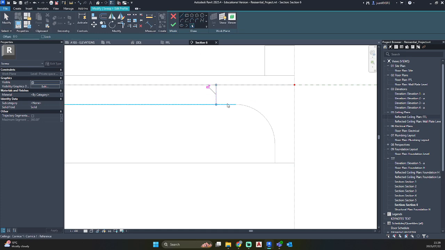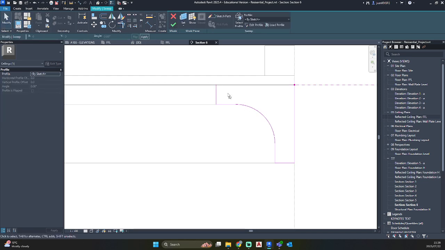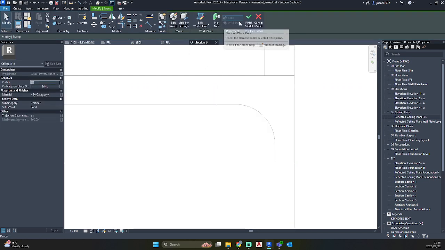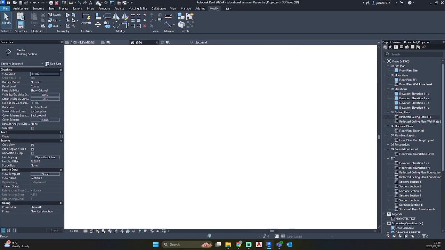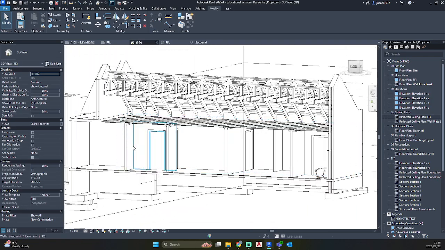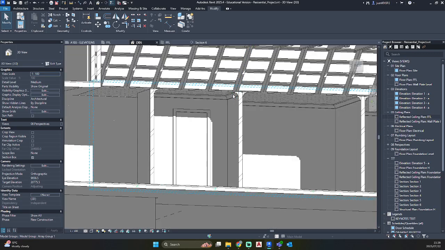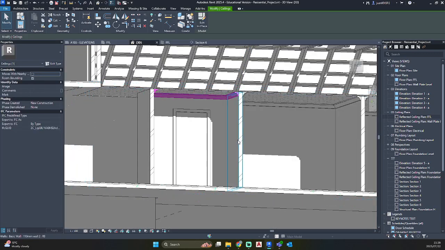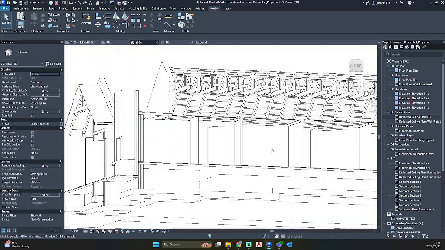Let's use our pick lines tool. And let's trim and extend those corners. And hit OK. Finish model. And let's see what we've created again. There is our fourth corners.